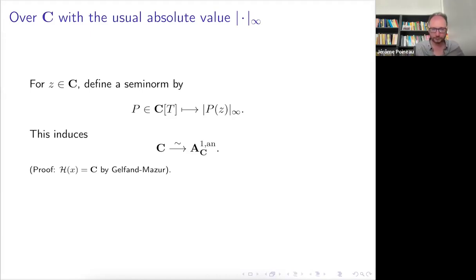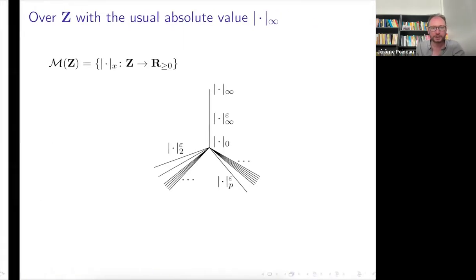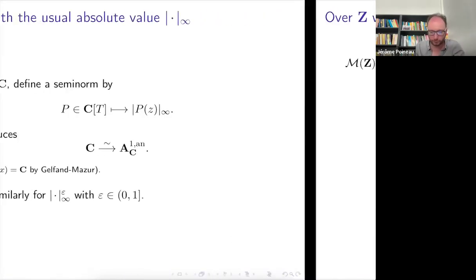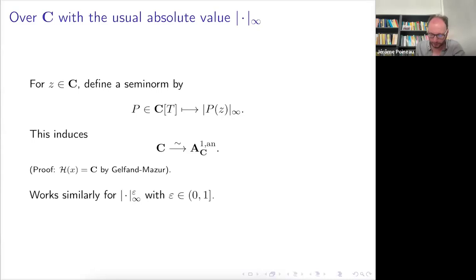And maybe it's worth noticing, because I'm going to need it a bit later, that this works similarly for powers, non-trivial powers of the usual absolute value. You get the same space with a different normalization of the distances, if you want. Okay, so that was just for C. So why am I explaining this?